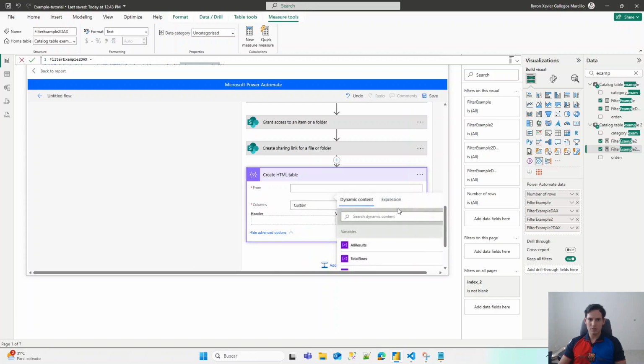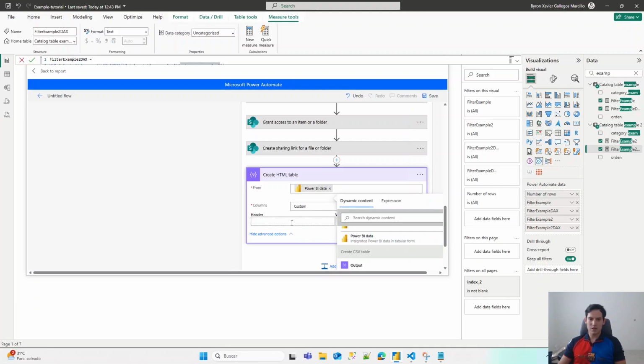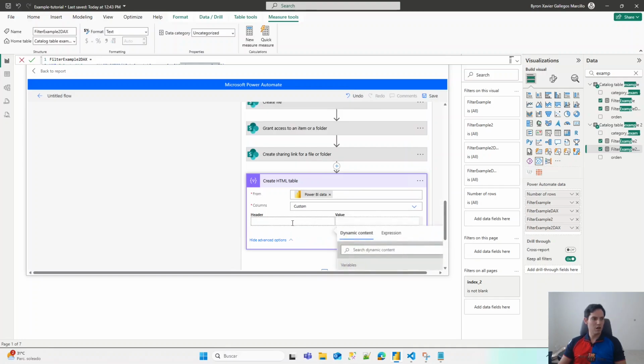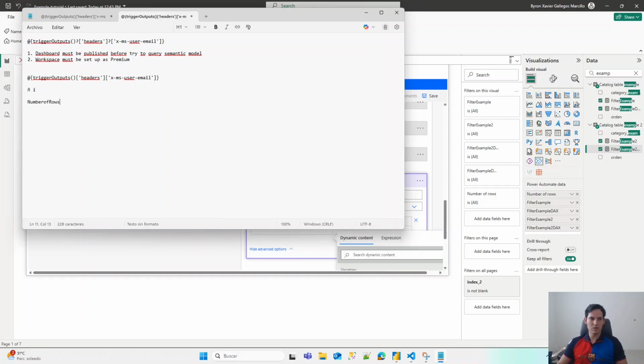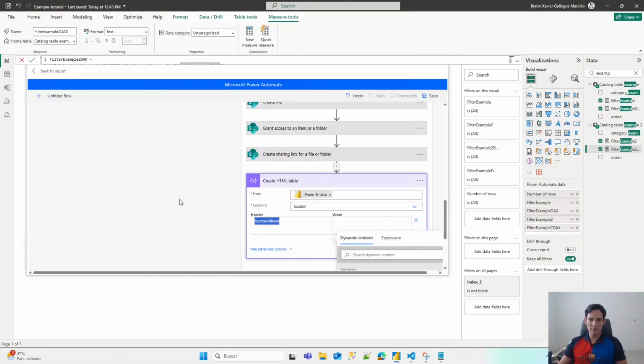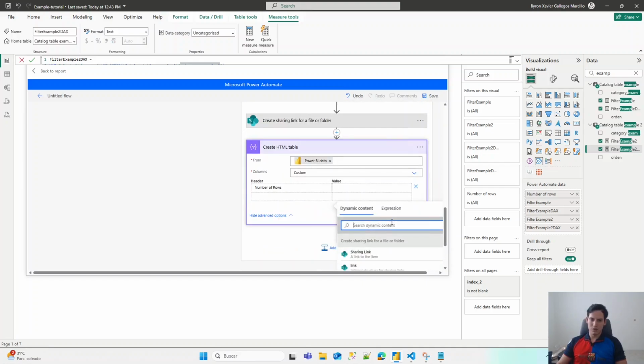Put it in here, and you should pick this option. Here, for example, you can put a header option, like number of rows. For some reason here it doesn't let you put spaces, but I'm pretty sure that if you go in here, copy from here and paste it right here, it works. So that's just a little trick. So number of rows,